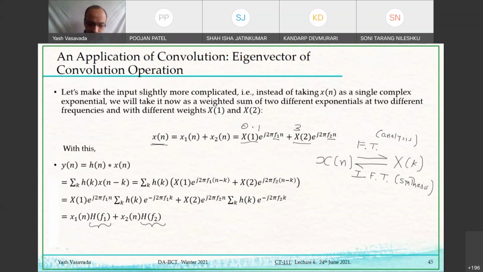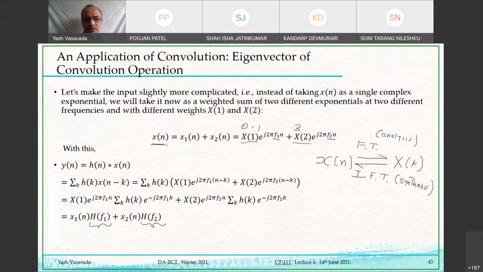Okay, so let me see, who should I ask? Tarang, are you fine with this? Yes, sir. Isha? Yes, sir. Okay. Pujan, what do you think? Yes, sir. Okay? So then this is just the math. This is your high school math. There is nothing new here. This is just an extension of the previous slide,